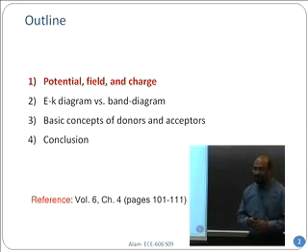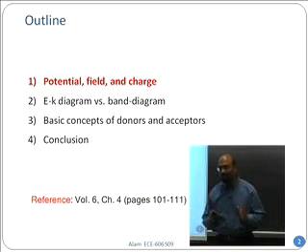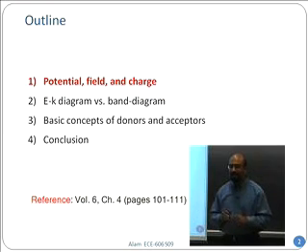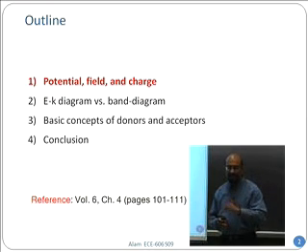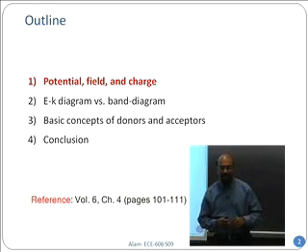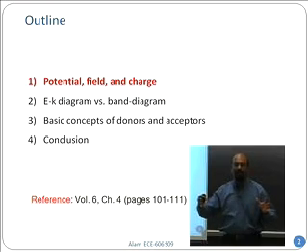So the first thing is, as I mentioned, potential, field and charge, how they are related to each other, how to calculate them, and so on and so forth. The EK diagram is the solution of the Schrodinger equation, right? That is, for every value of k between pi over a and minus pi over a, the Brillouin zone, we have come to understand that there are a set of states in which electrons can sit. That's the EK diagram for a bulk material.